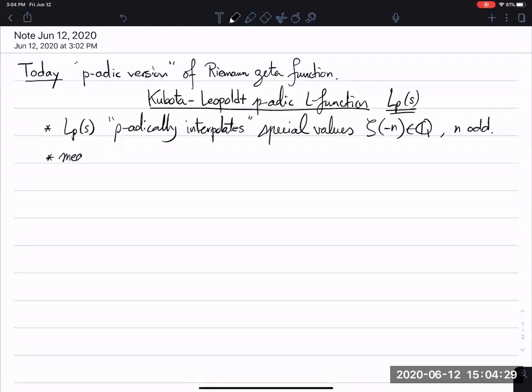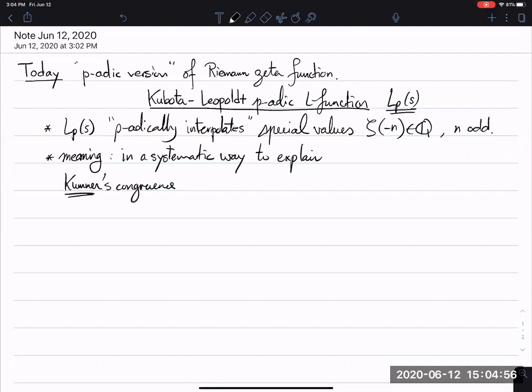So here's the meaning of this in a more concrete way. I guess one way I think of this is it gives a systematic way to explain the following theorem of Kummer, the so-called Kummer's congruence, maybe. Let p be a prime greater than or equal to 3, and for any integer k,